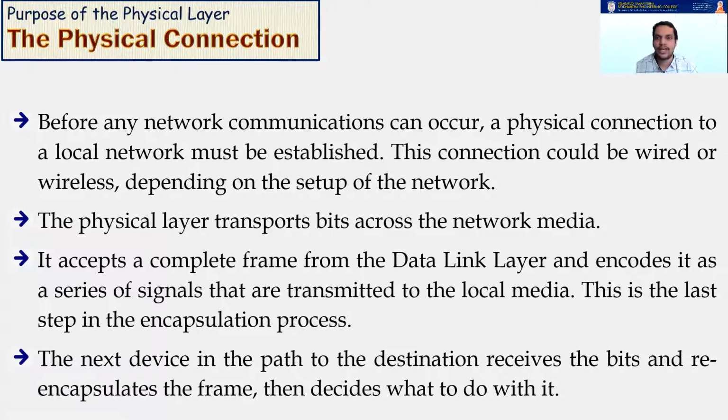The main duty of the physical layer is to transport bits across the network media. It accepts a complete frame because it is situated below the data link layer. It accepts the data from the data link layer and starts encoding this data into signals. These signals are dependent upon the media which is present below the physical layer. When the sender's physical layer encodes the data into signals and sends it across the medium, the physical layer at the receiver has the main duty to decode these signals, convert them back into data and forward it up to the data link layer. So this is the main purpose of your physical layer.